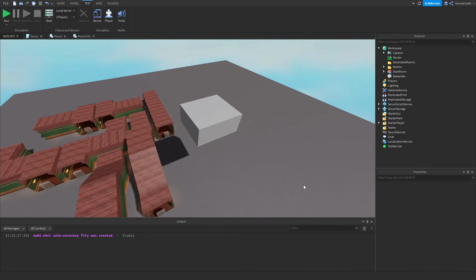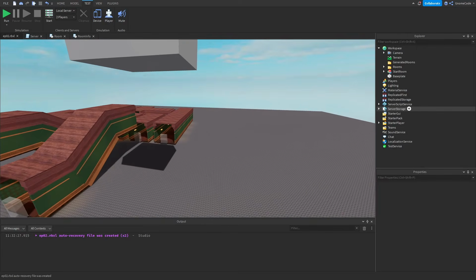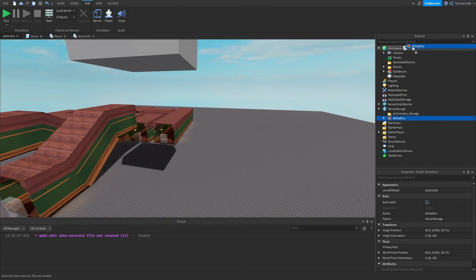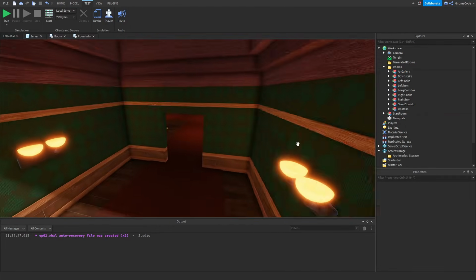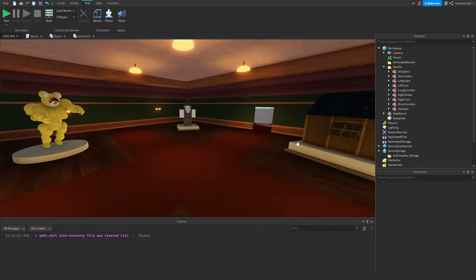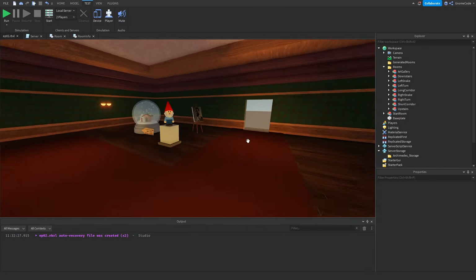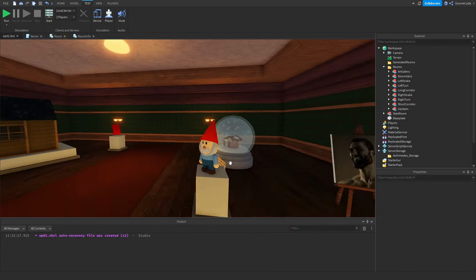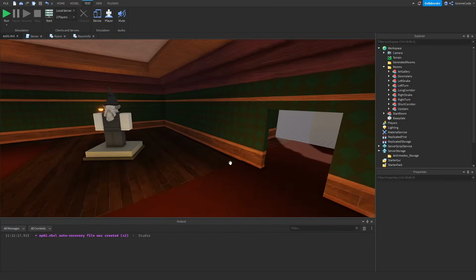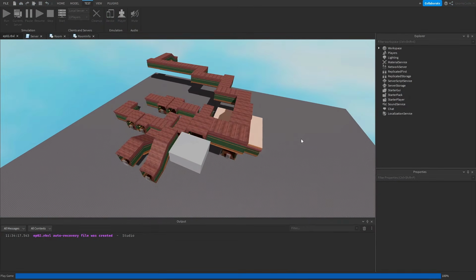Okay, fantastic, I hear you say, but what if I want to control the probability of different rooms appearing? So let's say I have this really rare room over here that I've just created, and this one is the gallery. So I want it to be super rare, not always appear, just very occasionally. All right, so we've got a few little pieces of art that regular viewers of the channel might recognize. But I don't want this to appear all the time, because at the moment, if I click run,